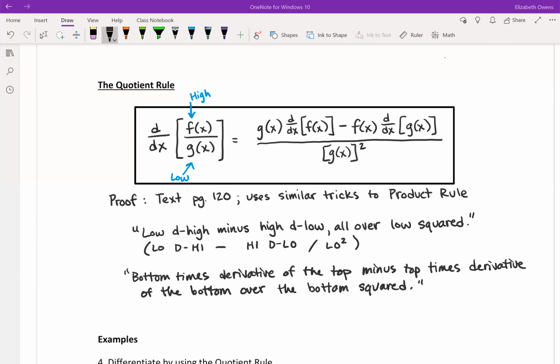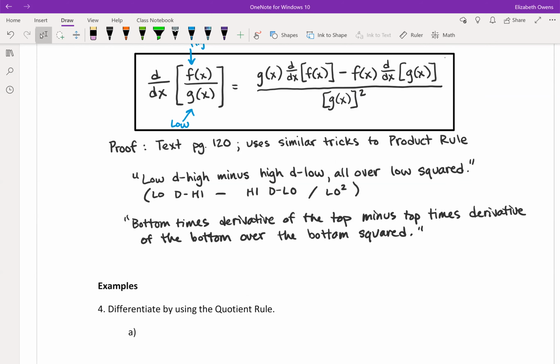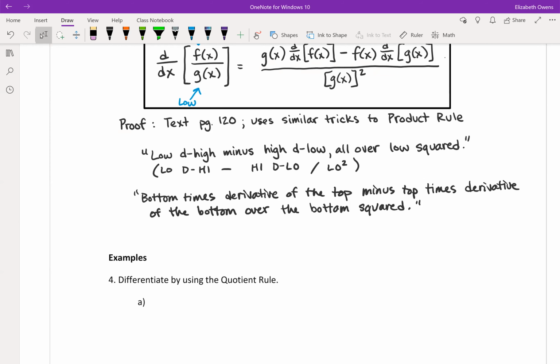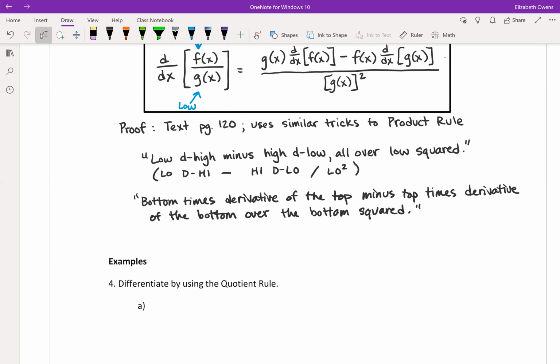Now that we've gotten our handy dandy quotient rule and you've started memorizing it, right? We can look at some examples here using this quotient rule. So our first example is really going to be a secondary verification problem. We are going to verify